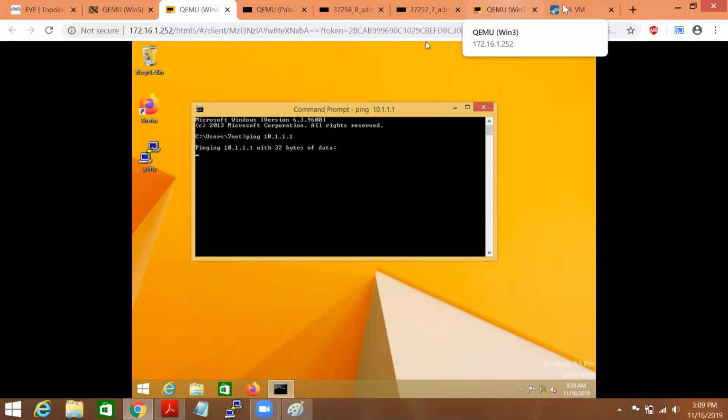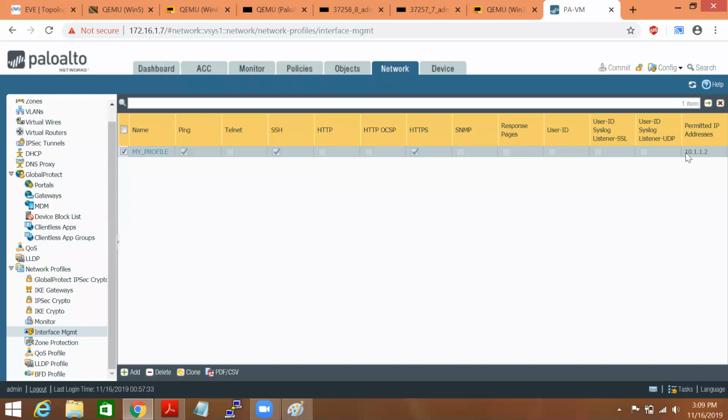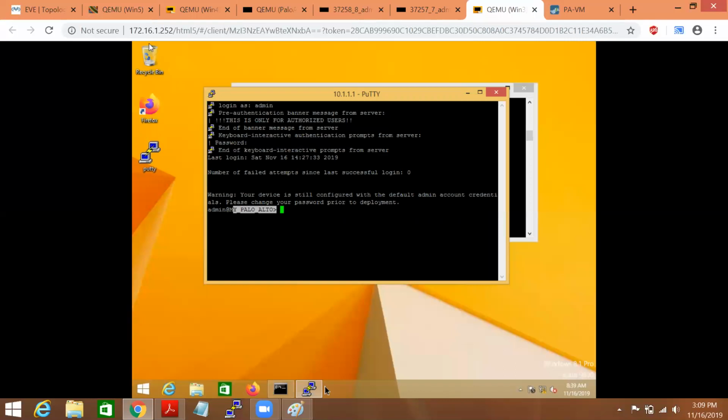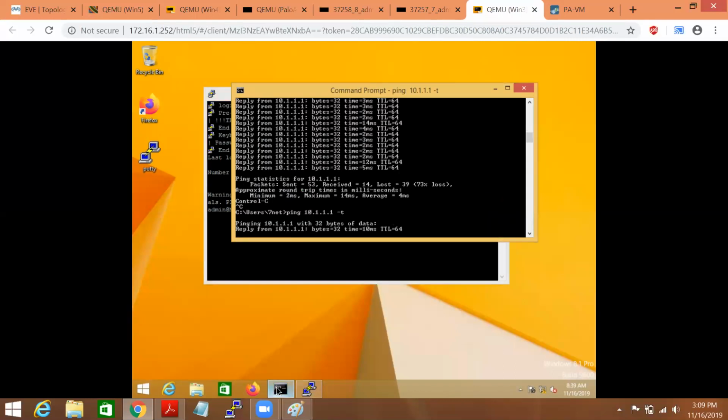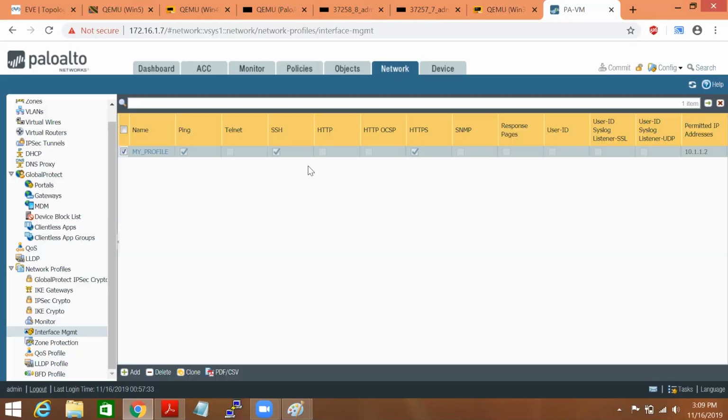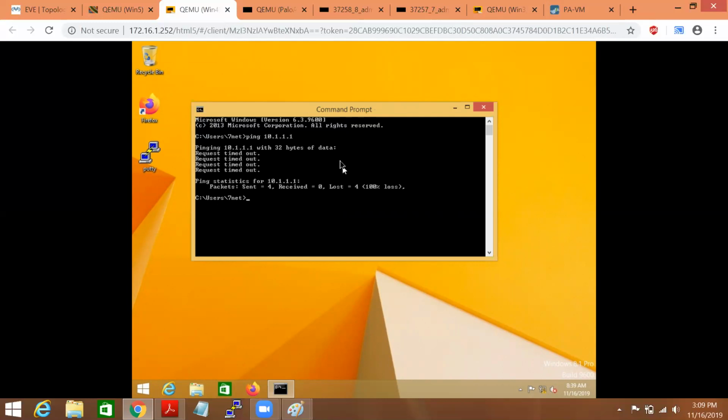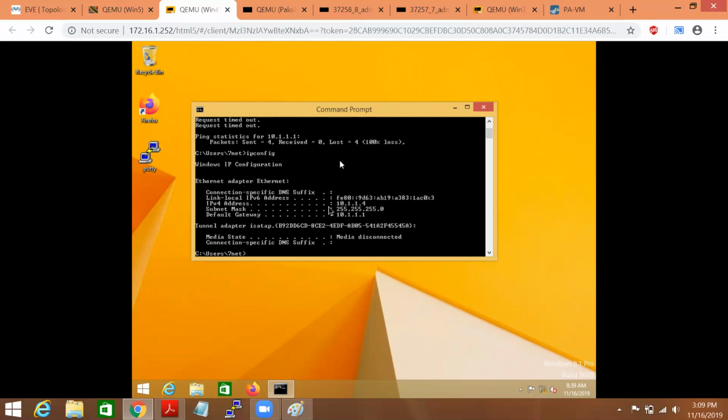It only allows from the permitted IP. So what IP did we permit? 10.1.1.2. Let me check. And let's say if you want to allow this machine also, which has IP 10.1.1.4.